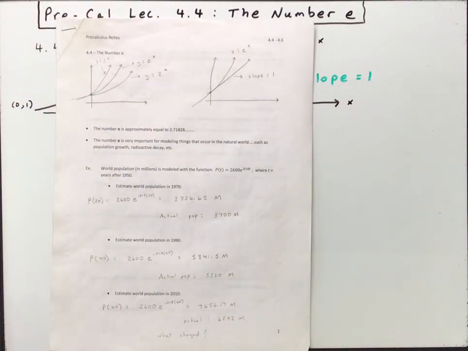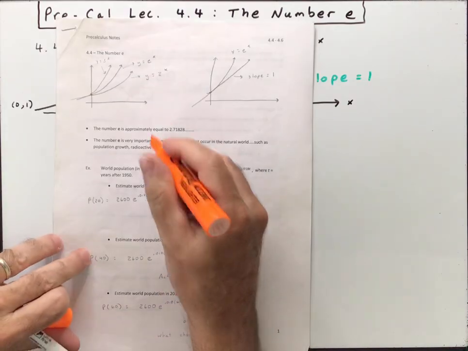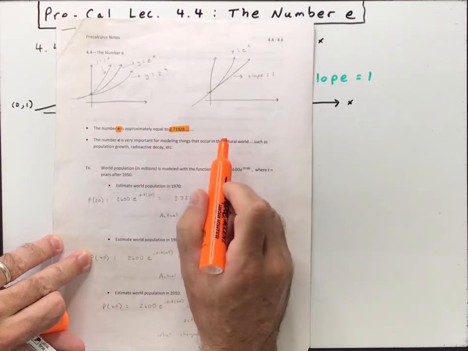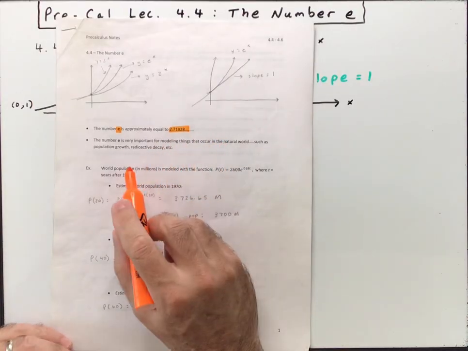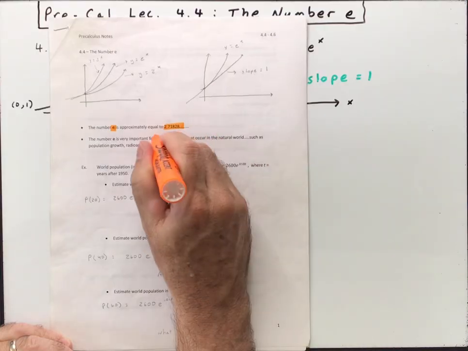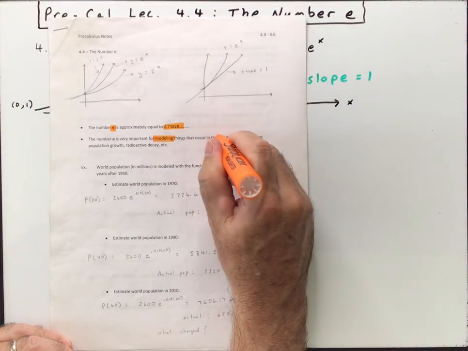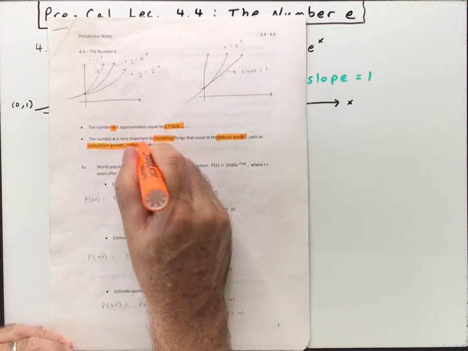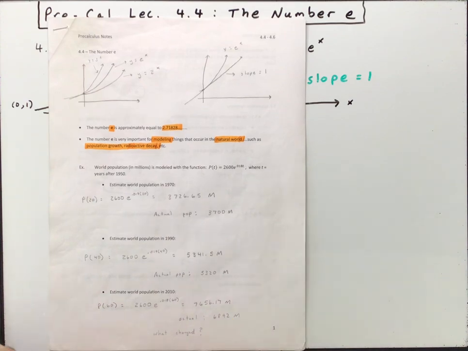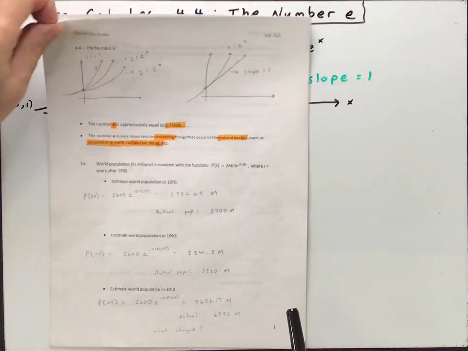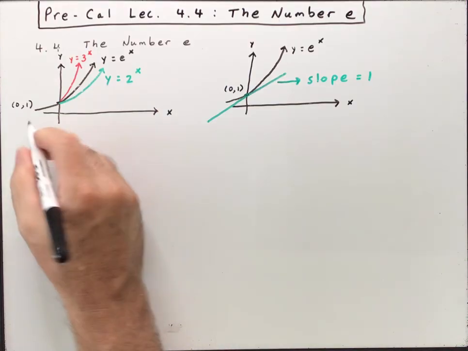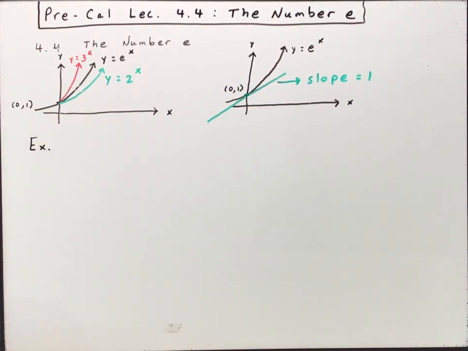So let's go through a few bullet points on your notes. So the number e is approximately equal to 2.71828, and it goes on forever, kind of like pi does. All right. E is very important for modeling things that occur in the natural world, especially things like population growth and radioactive decay. All right, so let's work a few examples. This is really very much going to be a calculator lecture where you're going to be using your calculator